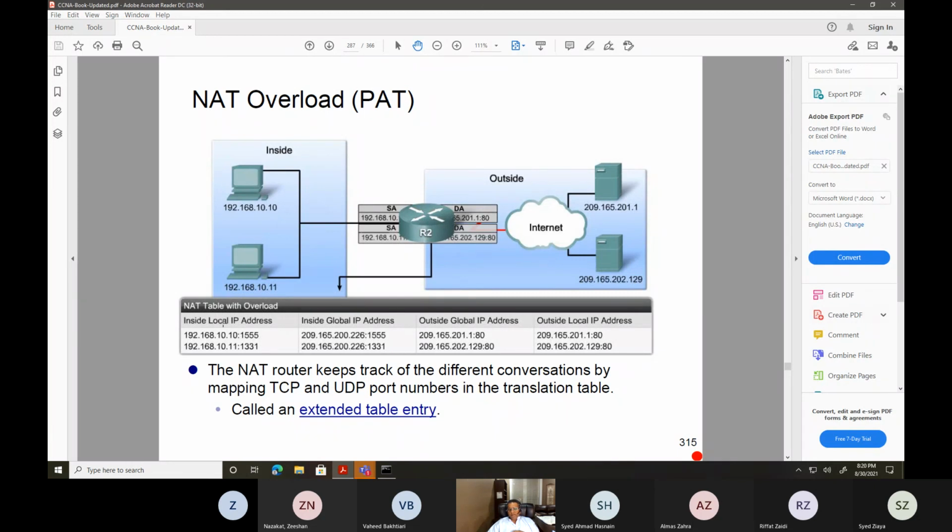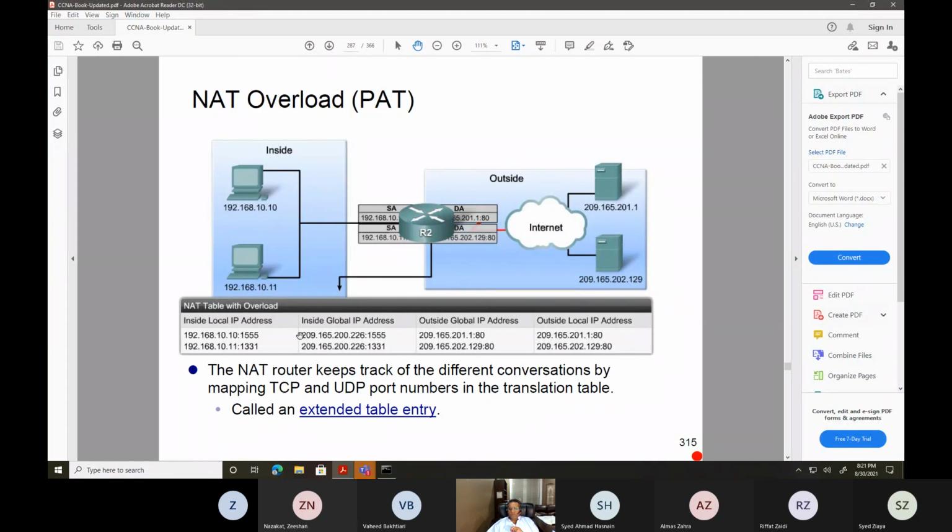192.168.10.10 changes to 209.165.200.226. Okay, fine. Now this is trying to go to this server, which is 209.165.201.1, right? Now, the server has to reply back to this guy, right? So when the server traffic comes back in, it comes back in like this.